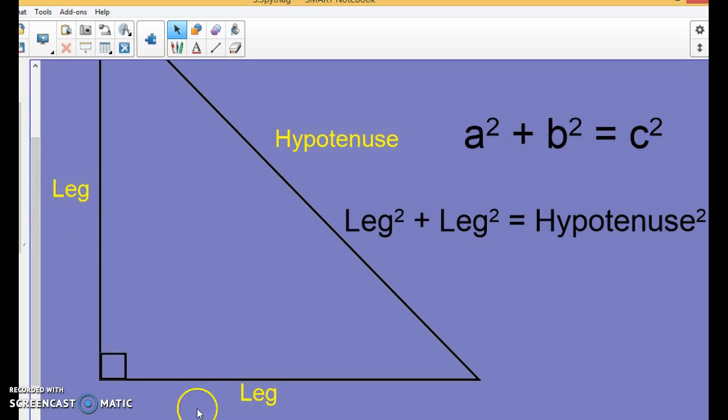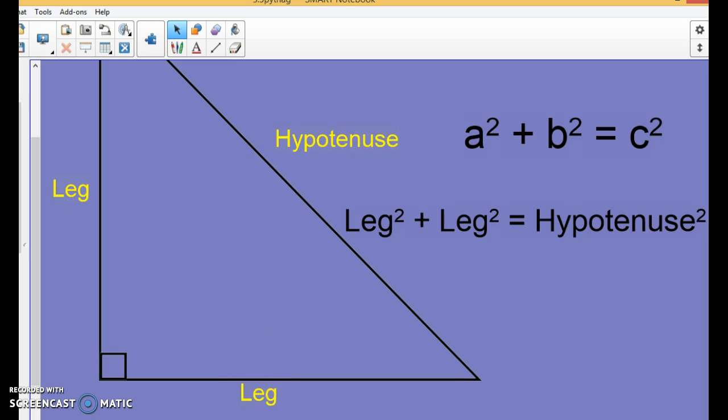We'll see that a triangle is made up of two legs and something called the hypotenuse. The hypotenuse is always the longest side, and it's always the side diagonally across from the 90-degree angle. It's important we know which one the hypotenuse is, because otherwise we don't know if we're finding a, b, or c. The legs can be a or b, it doesn't matter. This leg could be a or b, this leg could be a or b, but the hypotenuse is always the